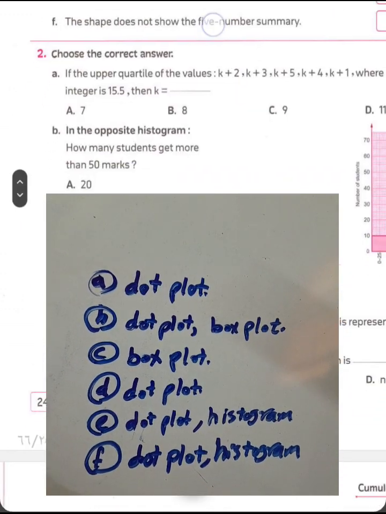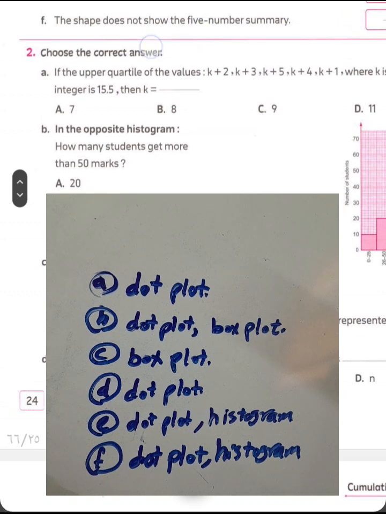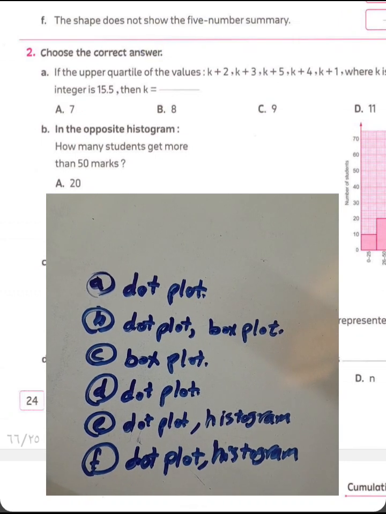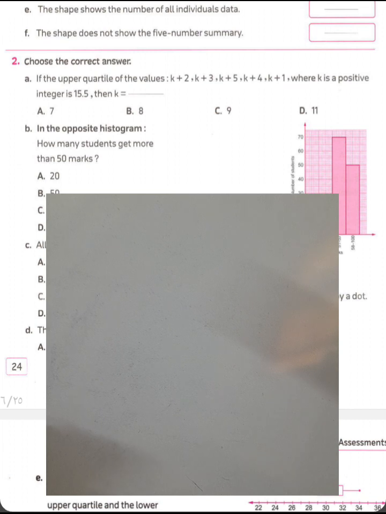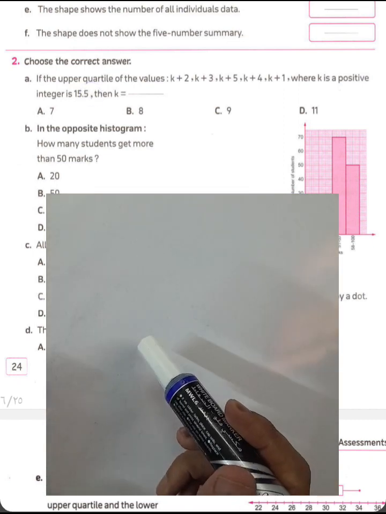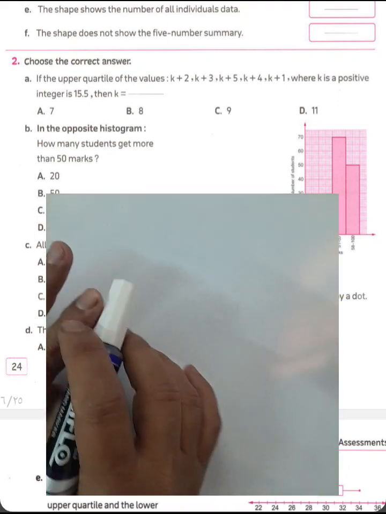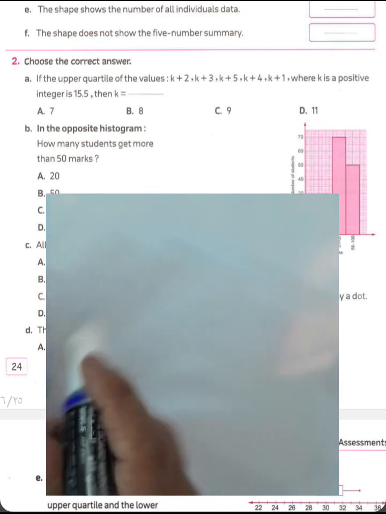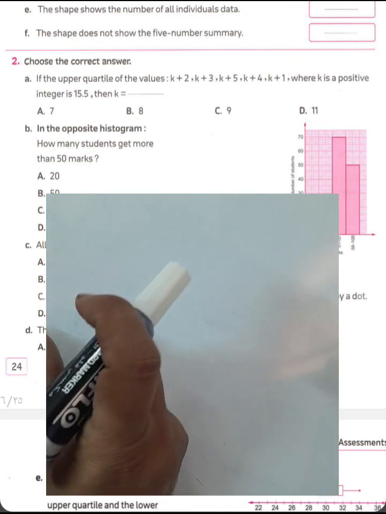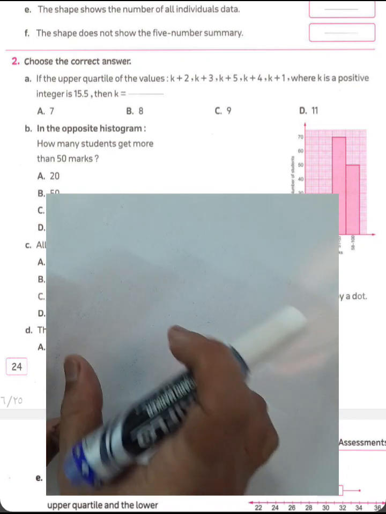Question number 2. Choose the correct answer. Question letter A. If the upper quartile of the values k plus 2, k plus 3, k plus 5, k plus 4, k plus 1, where k is a positive integer, is 15.5, then k equals? He gives us the upper quartile. Then you must arrange all values in ascending or descending order to find the median in the first step. And then you can find the upper quartile, and set the upper quartile equal to 15.5 to find the unknown value